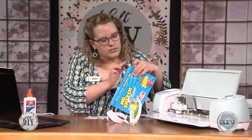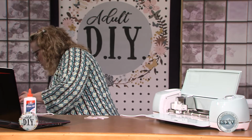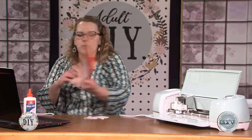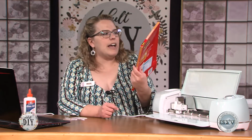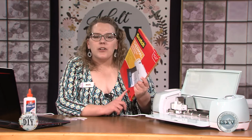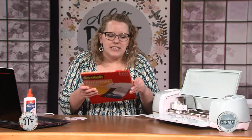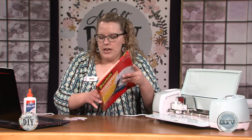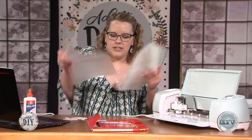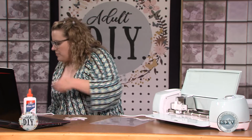So we'll put everything away, and then I'll show you guys how we laminate. The laminate over here, when you have the little personal laminator that I have, is just Scotch thermal laminating pouches, and I have one of these at home too that I use all the time for different things, because it's just a personal size thing. So I'm going to take out my pouch and put him in there. Of course you'd have 5 or 6 and you'd be putting them in there. So I'm just going to take the pouch out,